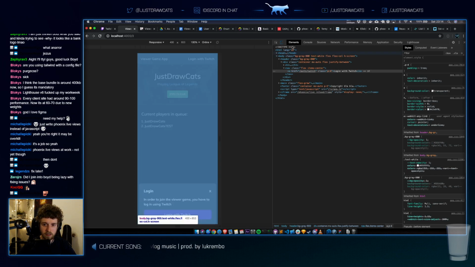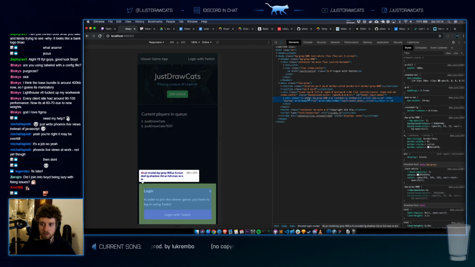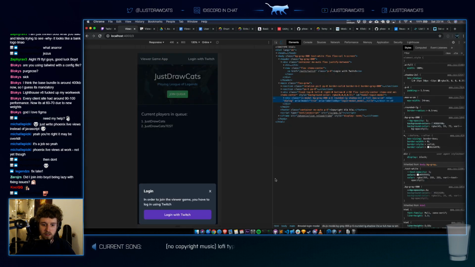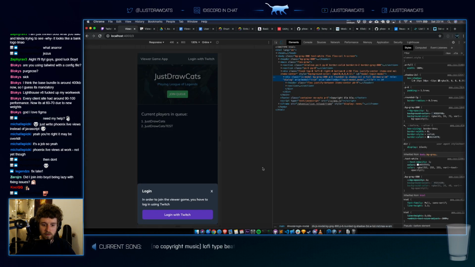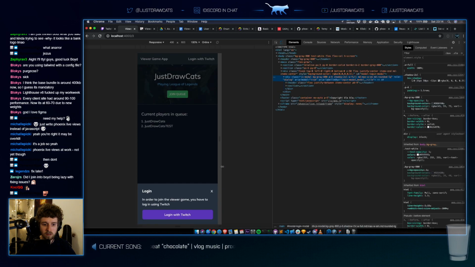And then, why is this... Max width should only be here on MD, and then it should not have rounded bottom, so this should be MD. And then if you have your phone open,